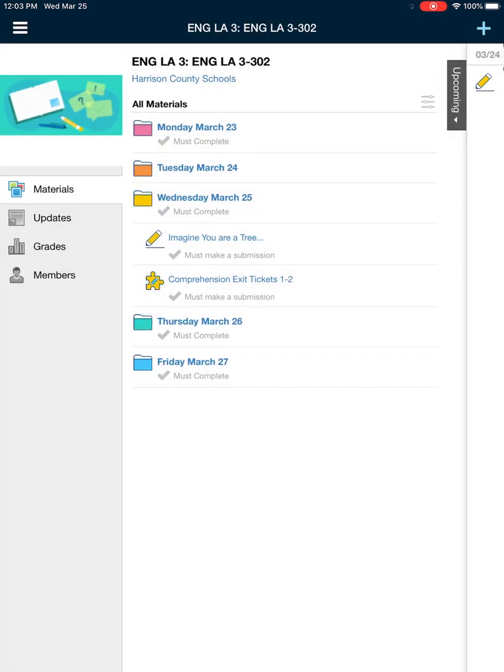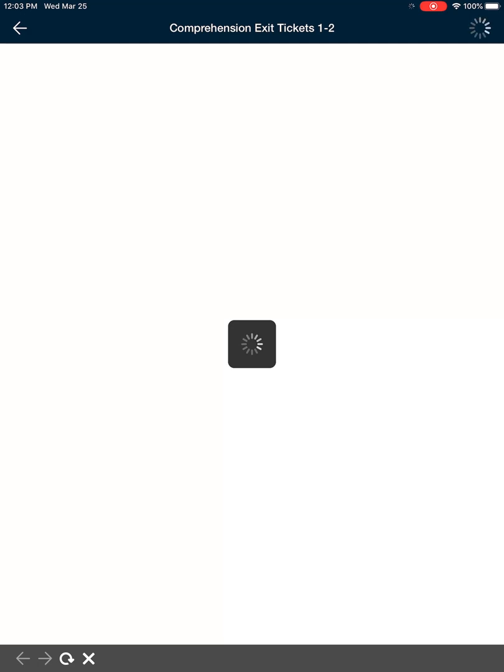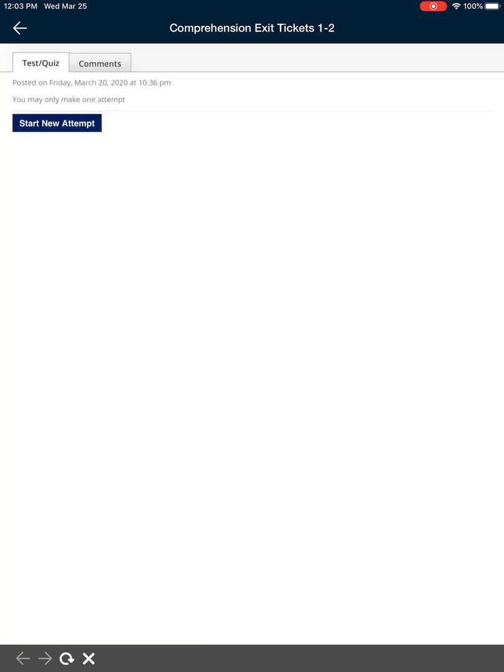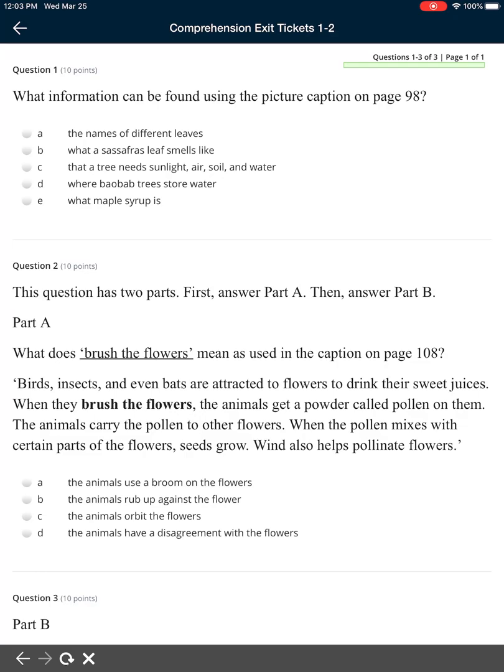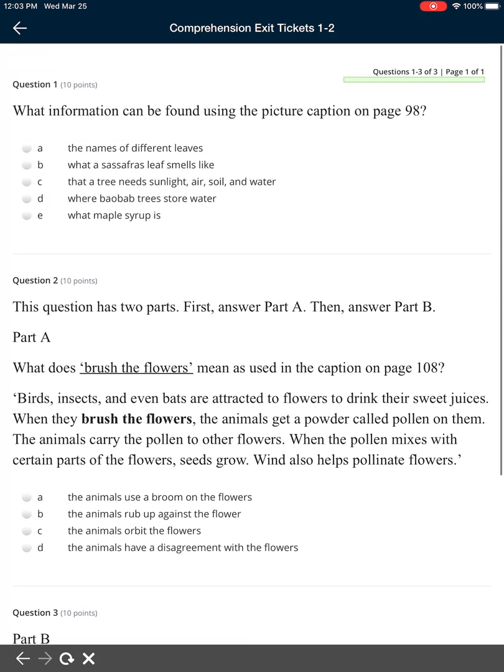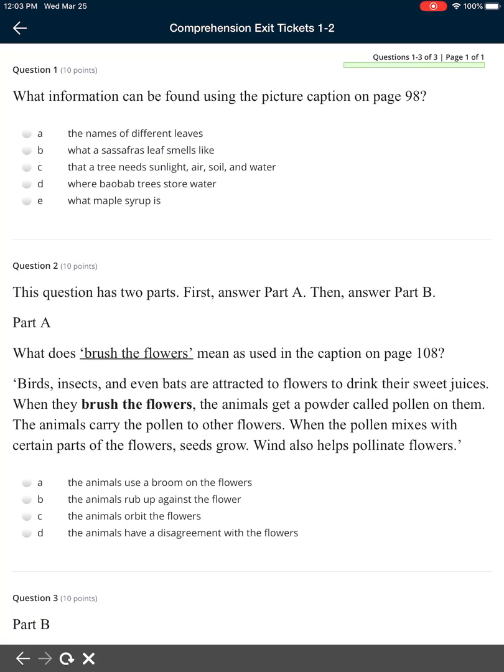Now, we had another thing that we needed to do for Wednesday, and that was this, the comprehension exit ticket. So if I click on that, it's going to come up, and they have 1 attempt for this, and I'm going to click start new attempt. And there are 3 questions here. They are allowed to use their reading book if they brought their reading book home on our last day of school, or they can always,